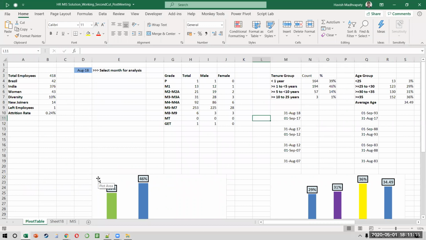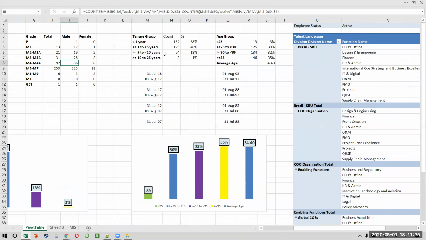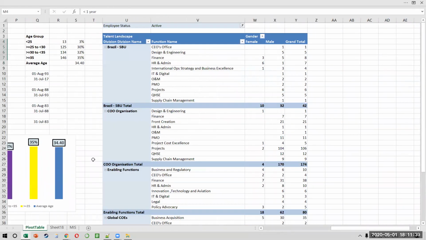Just to give an example, guys. Look at this. Even though you don't understand the context of the data, when you look at it, you know what I've done, right? I have my headcount data. I have created a filter where I can choose the month that I want. So if I say July 2018, it gives me the data for 2018. My charts change. This is one pivot. This is another pivot. I have automatically made these tenure groups, and I've also made this beautifully formatted pivot.